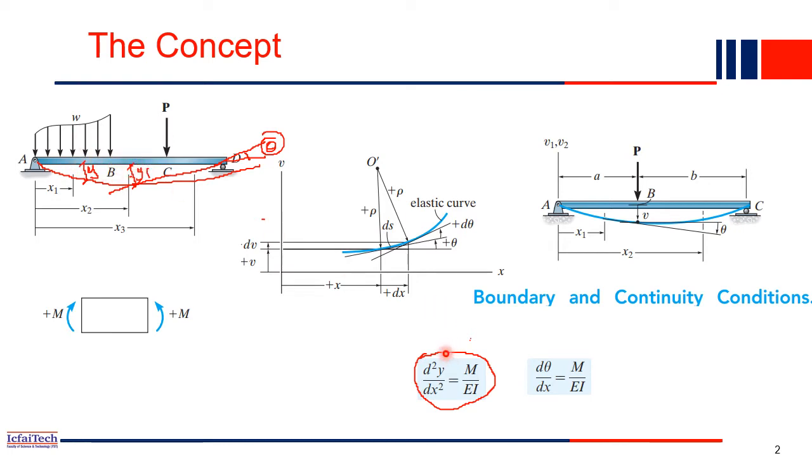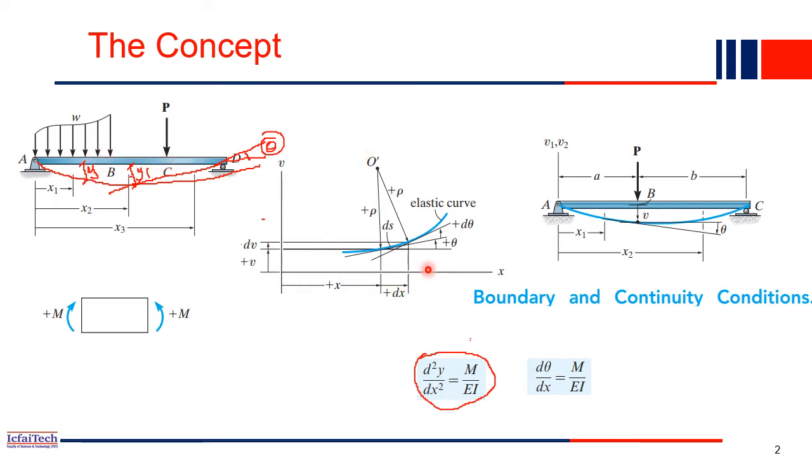Okay, so we have derived this equation, if you remember: d square y by dx square equal to M by EI. What is y? y is the deflection at any particular point, and y is a variable. We have derived the equation in a derivative manner. Similarly, x is the distance from any point, x is also a variable, and M is the moment at that point where we are finding the deflection. And then you have the EI. E is the modulus of elasticity of the beam material, and I is the moment of inertia of the beam, right?